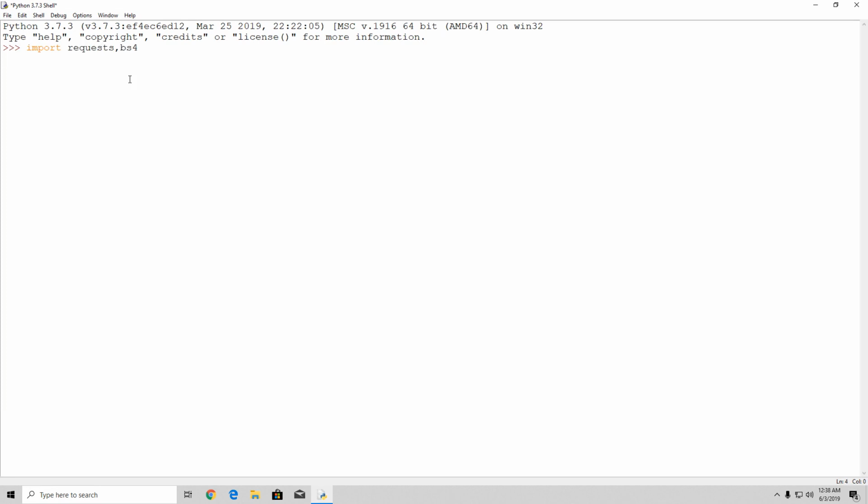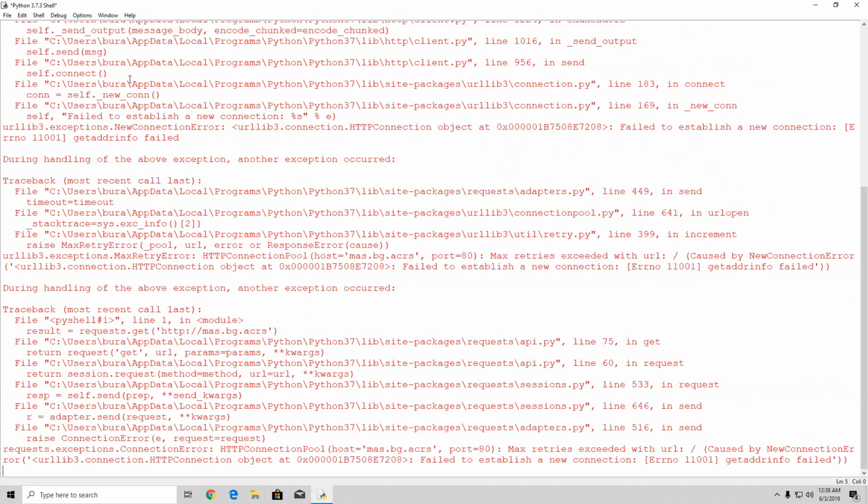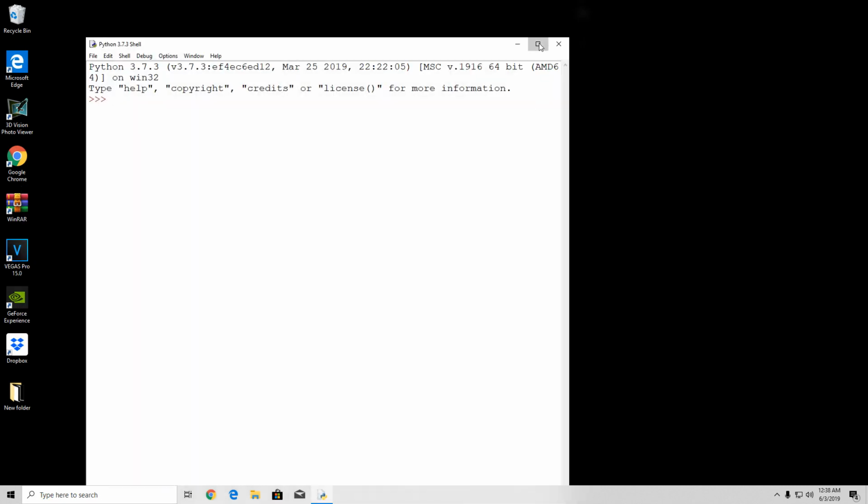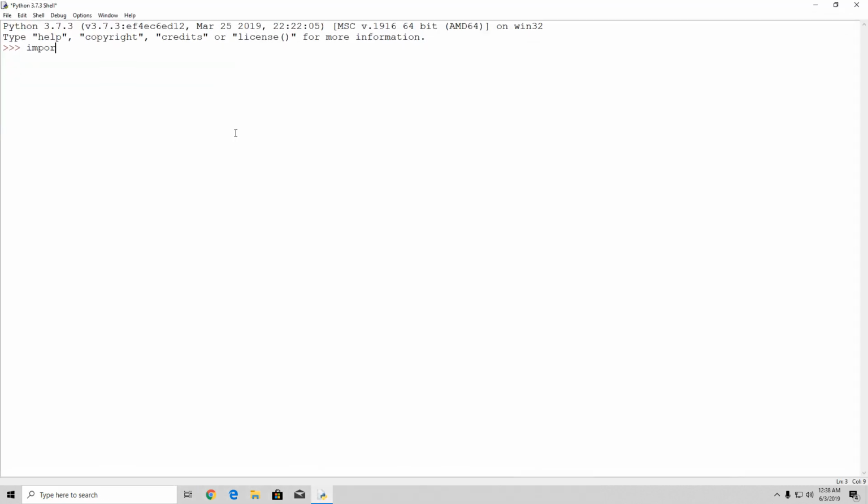We import the two libraries, then we perform the get request, so result equals requests.get, HTTP, and then specify the link. Oops, yeah, I need to restart it once again, sorry about that. For some reason I am making a lot of mistakes right now, but it doesn't even matter. So bs4. Now let us make sure that we type this correctly, so result equals